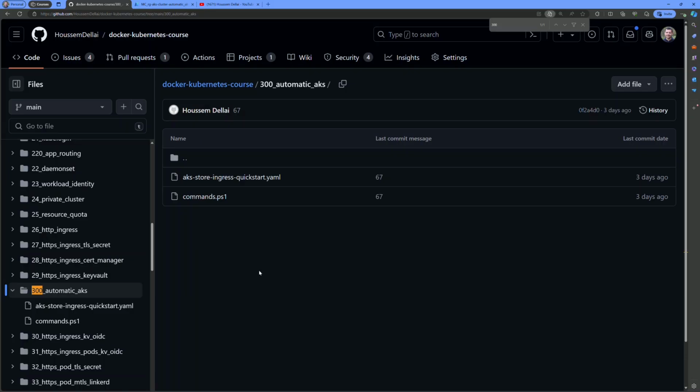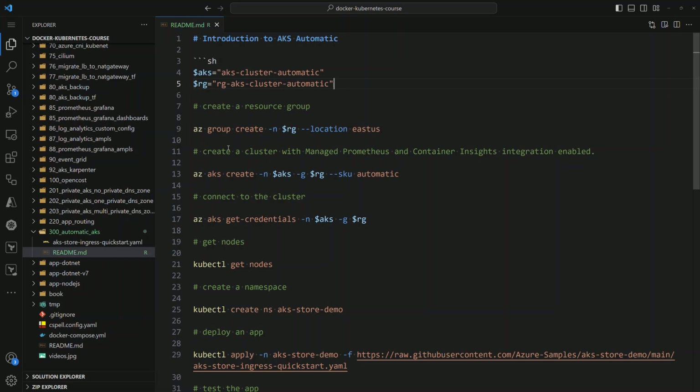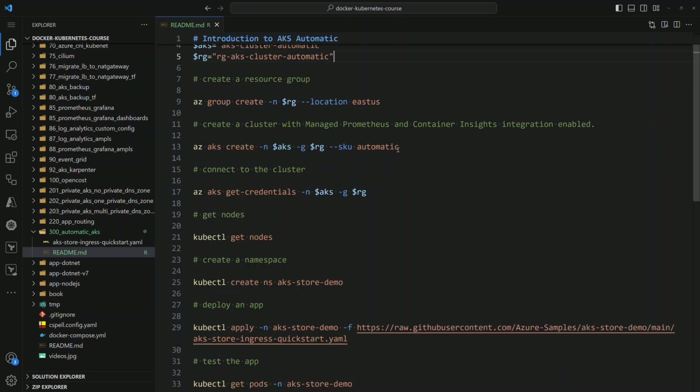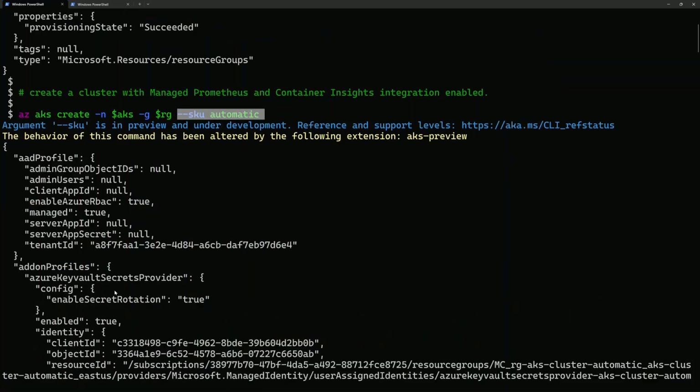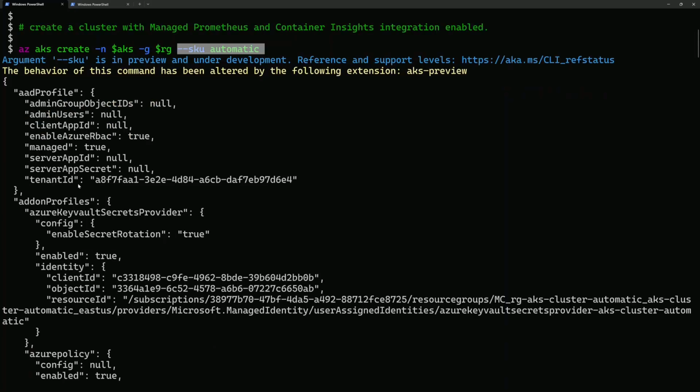So let's get started. For the scripts that I'll show in this demonstration, they are available in this GitHub repository. And there you will find the instructions for creating the new cluster where we specify the SKU to be automatic. And that's what I have run here inside my terminal. So I created first a new resource group, and then I create here the AKS cluster, adding the SKU to be automatic. And at the end of the creation, that takes about 5 minutes, you will have the JSON